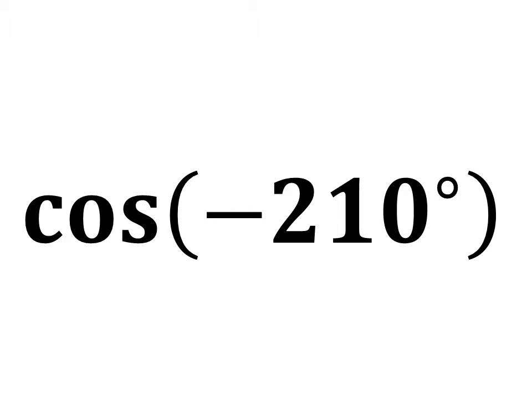In this video, we will learn to find the value of cosine of minus 210 degree. As we know, the trigonometry identity cosine of minus x is equal to cosine of x. The video explaining how to derive this identity is appearing in the upper right corner. Also, the URL address of the video has been mentioned in the description section.